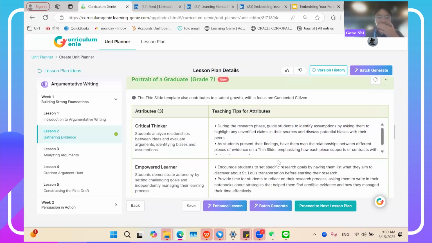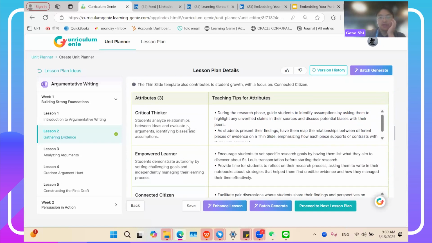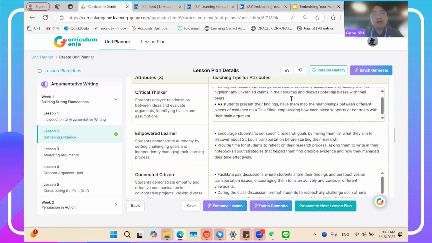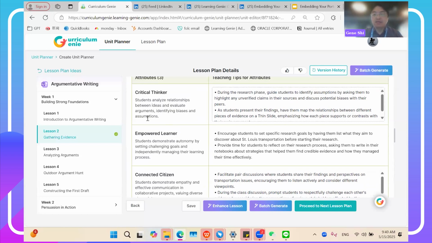Literally, we are able to showcase, for this particular evidence gathering, what critical thinker looks like represented in this lesson. We talk about how we should embed the 21st century skills in every unit, try to have a dose every day. So here's a more extreme example. For this we do three, but you don't have to. Usually you would do one. But I want to showcase the critical thinker: students analyze relationships between ideas and evaluate arguments, identifying biases and assumptions. So for the teacher to model or support students with critical thinking in this particular lesson,